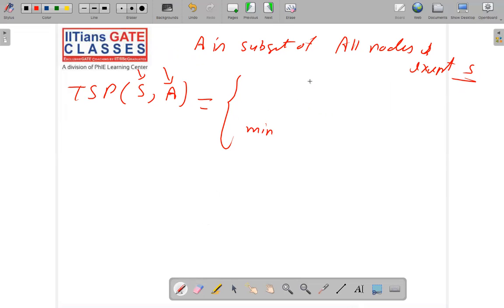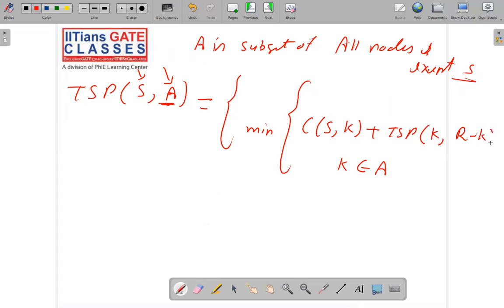It is the minimum of these choices. I'll go from S to some node K, where K belongs to this subset A, plus TSP of K comma R minus K. So this is the generic way in which I am writing. I choose K